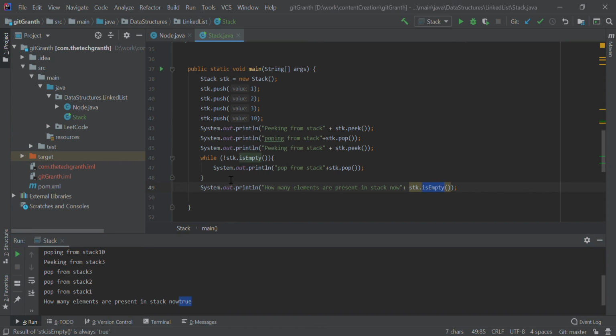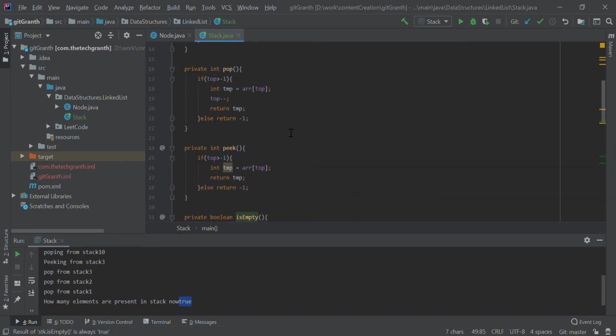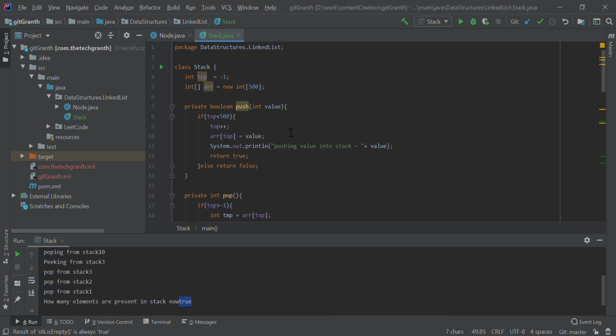So that is how you implement the stack functionality using an array, and most programming languages use this. In place of array you can also use a linked list, but using an array is better because here you are able to retrieve or get an element in constant time complexity. So that is why most of the time an array is used for stack. So that is how you implement stack.